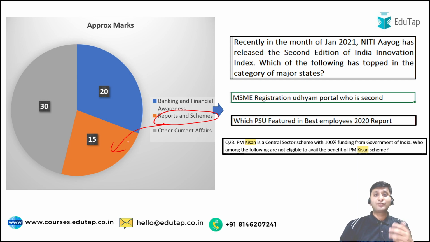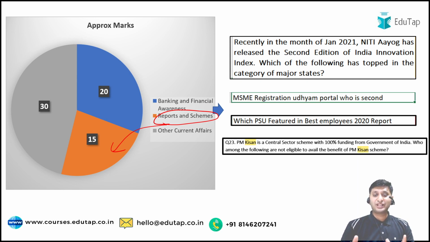That's why we say that you need to do integrated preparation for your phase 1 and phase 2 in reports and schemes. Though everybody knows that now reports and schemes are being asked, the point I want to focus upon here is that the questions are of very simple level in phase 1, though they are very difficult in phase 2. So if you are not having a good amount of time to read them in detail, at least cover them at a very high level so that you know the basics of all the reports and schemes, because these easy questions can be tackled in exam even with half baked knowledge.